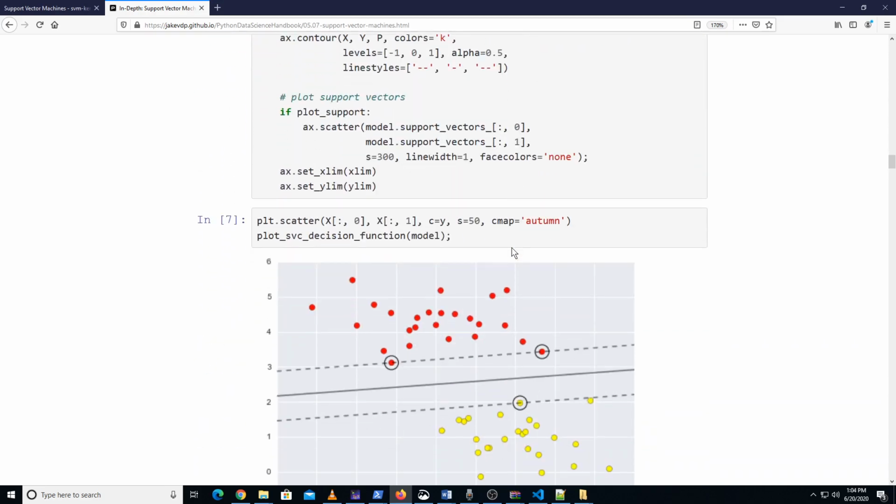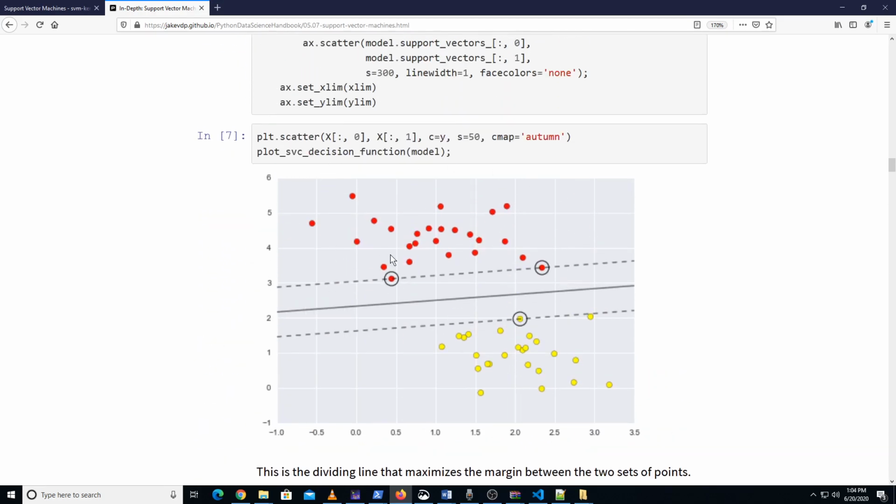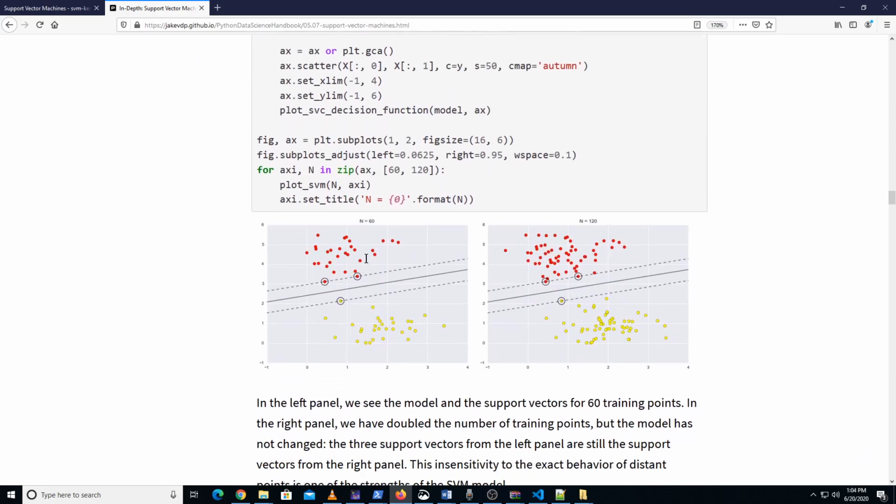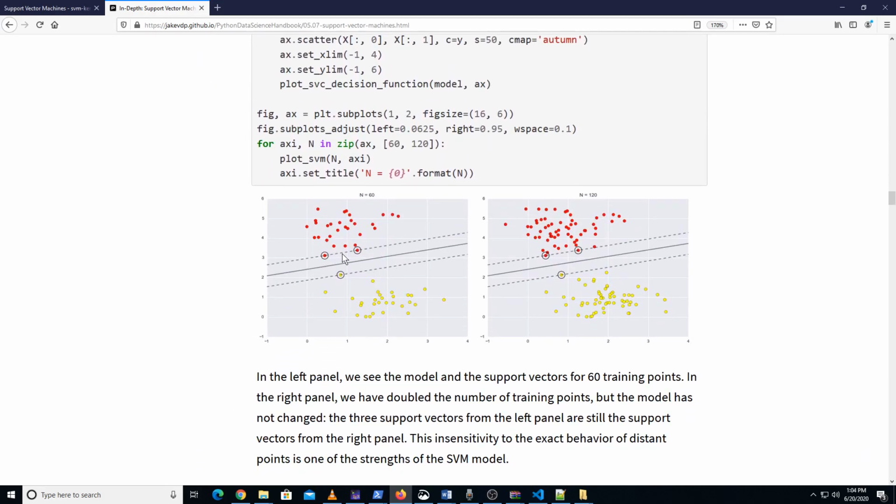Once we do that, we'll get a few points which are known as the support vectors. Now these are the only points which are actually required to support the entire classification. Even if this point goes missing, the SVM learned would be exactly the same, and that's exactly what they do next. They first use some 60 examples to learn a classification